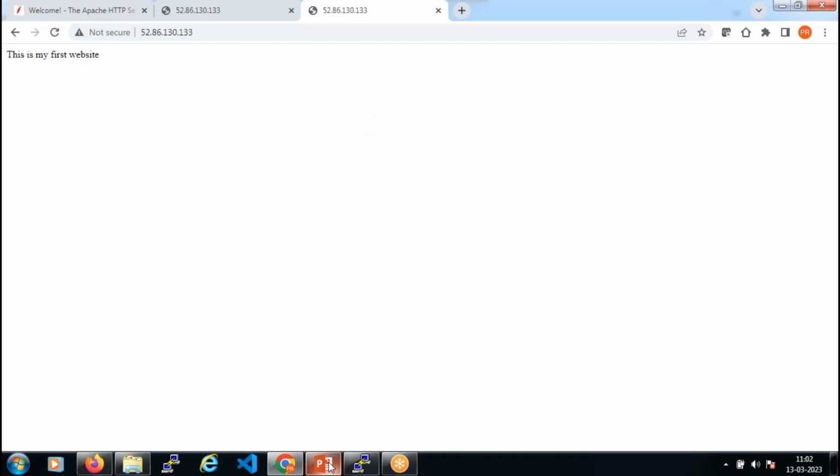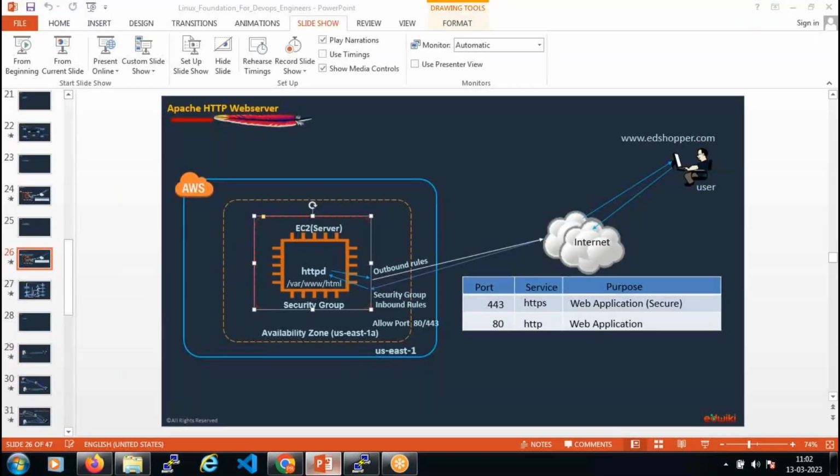So usually the responsibility will not be done by one single person, right? Let's say you as an engineer take care of installing the Apache HTTP web server, ensure the web server is started and running, ensure the security groups are properly configured, and ensure the port number is accessible. Then at least from the infrastructural and application perspective, we have prepared everything to make your EC2 server